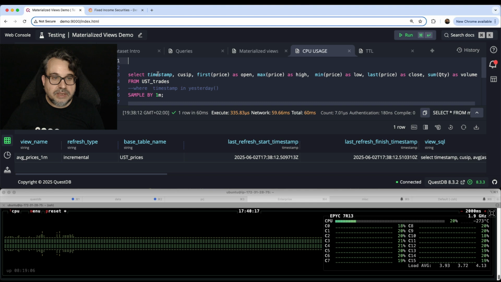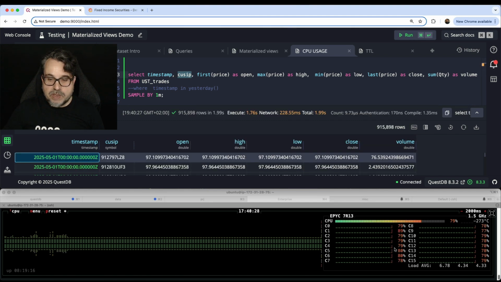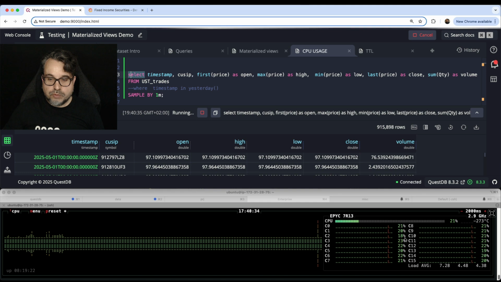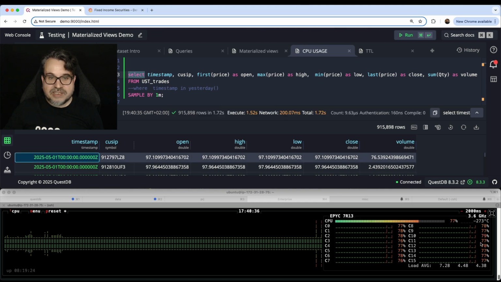Look what happens if I execute my OHLC query without using a view. If I run this query, all the CPUs on my machine go for a few moments to 70 something, 80% CPU.